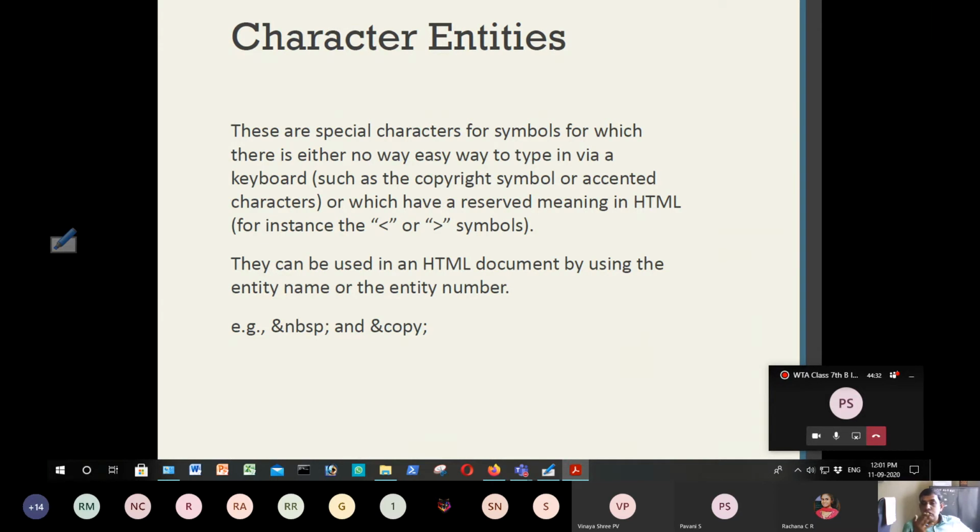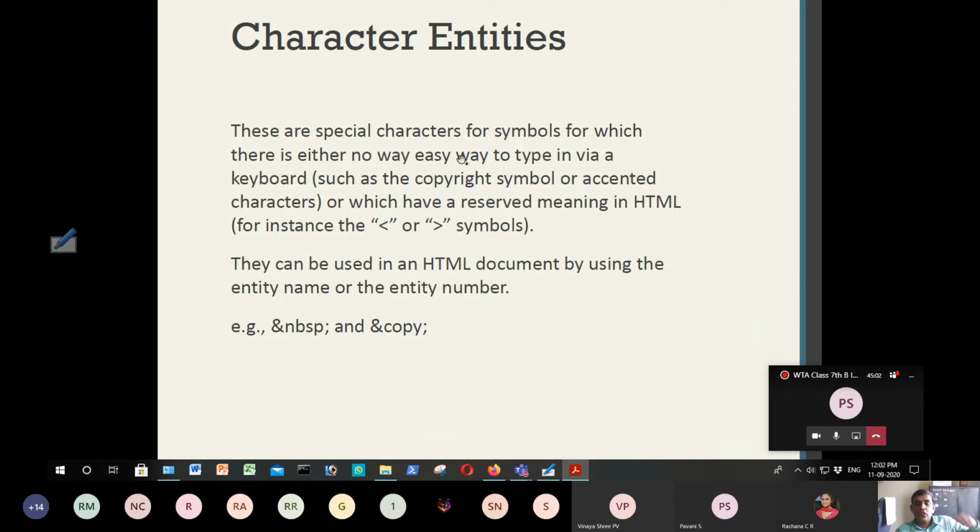If you type good, 3 spaces, morning, in HTML the browser won't give any space at all. It will compress the spaces and display it as a single space. So the point is, you need to clearly tell that after the word good, I need 3 spaces, then morning should be displayed. So how do you do that? That is done by using character entities.